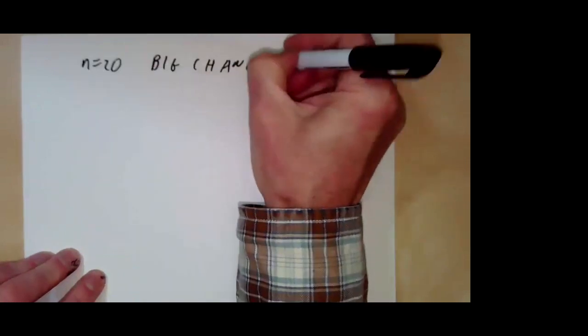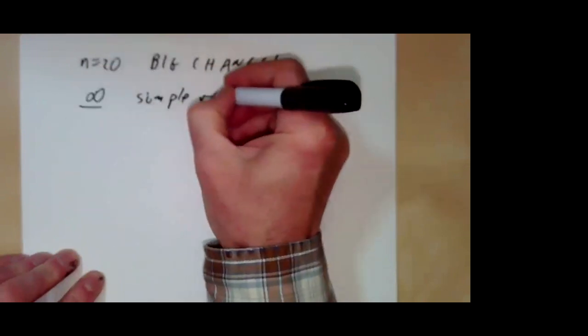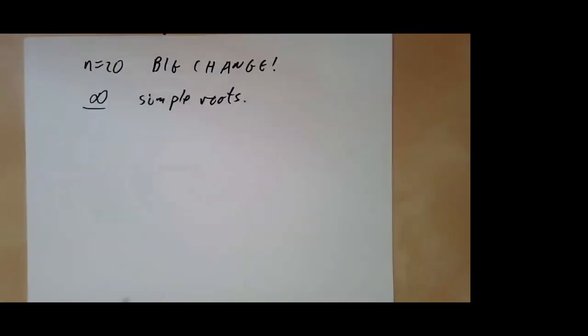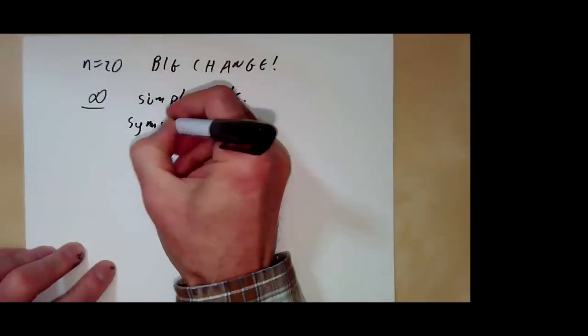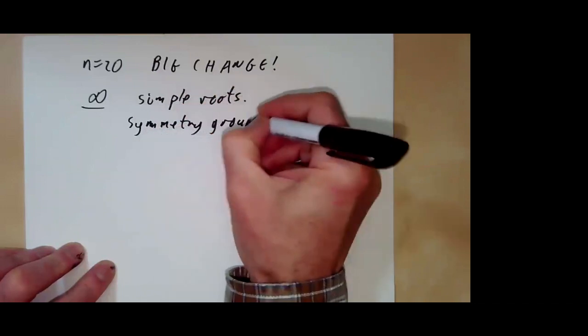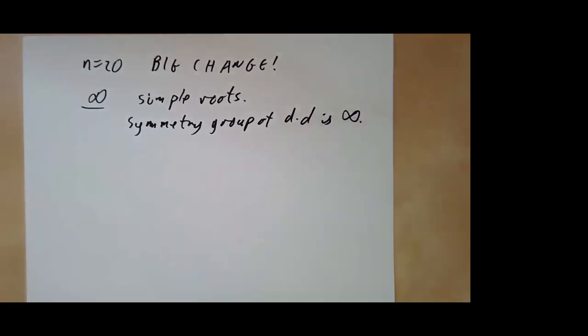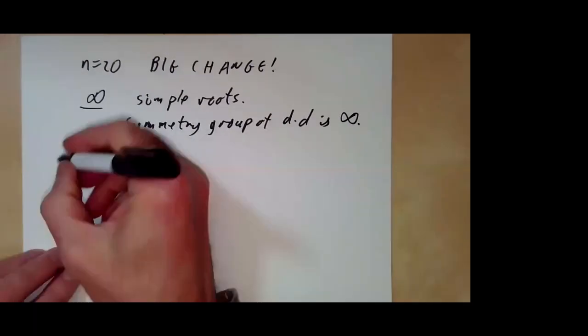The big change here is that we now get an infinite number of simple roots. This means that Vinberg's algorithm doesn't actually terminate, it just goes on forever. The symmetry group of the Dynkin diagram is also infinite and fairly complicated, as we will see in a moment. The question is, why does it become infinite? And the reason Vinberg found